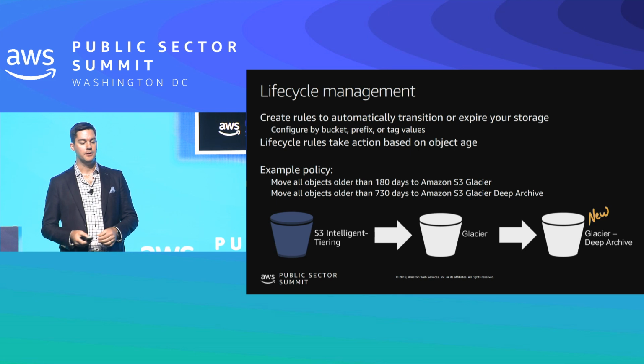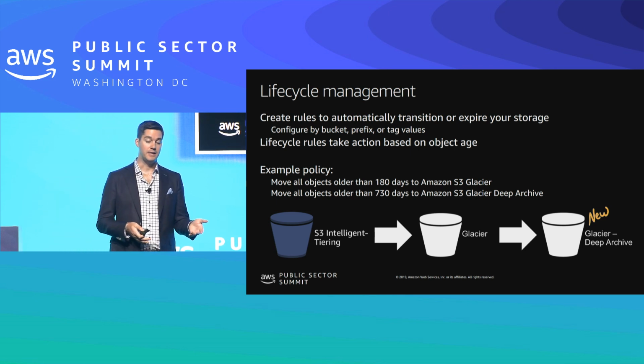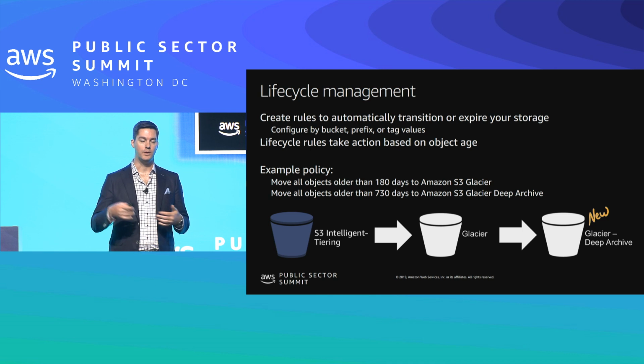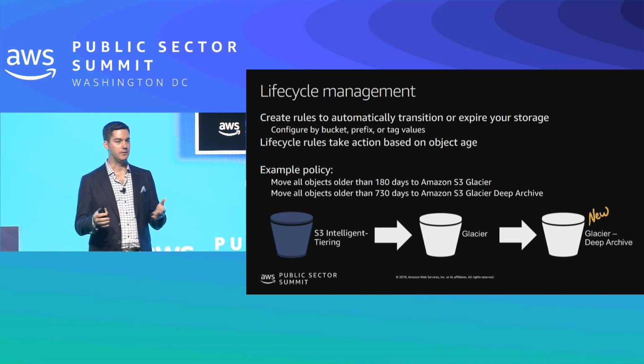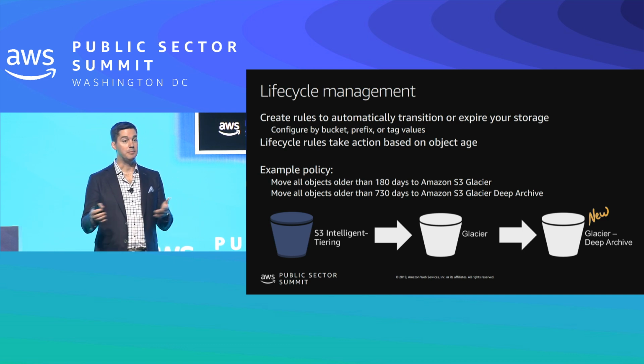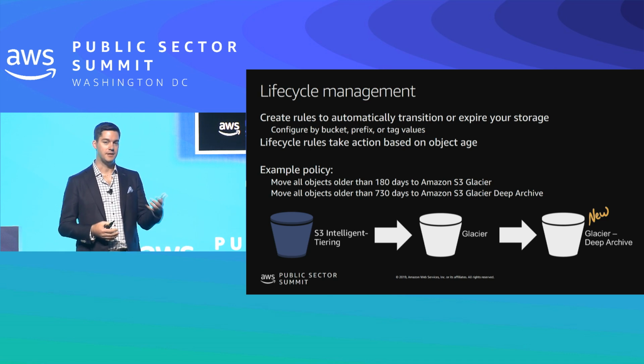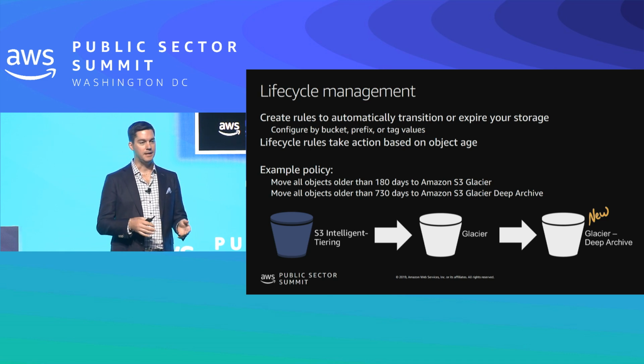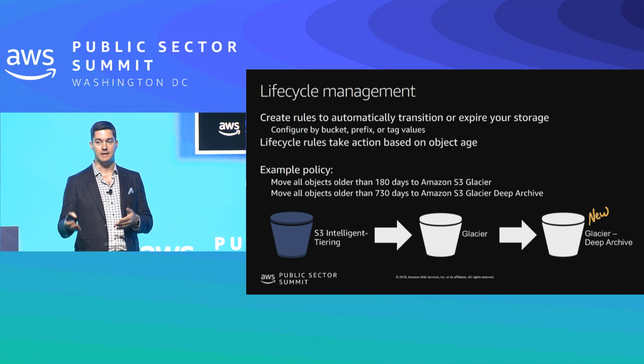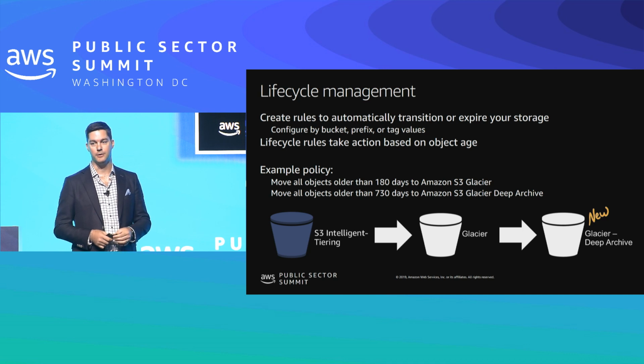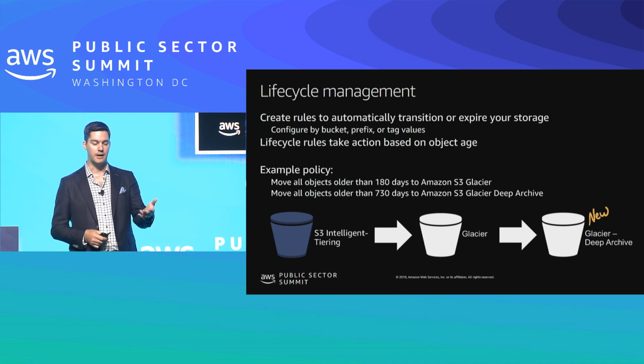Another lifecycle example here, you could, for example, stage some data in Glacier and move it to Deep Archive once it's past the tier where same-day access is perhaps not as important. In this example, intelligent tiering is a great solution to give you the ability to save in the early days and not have to think about that manual configuration. But then in this example, you could put some data into Glacier, know that you could do an expedited retrieval if there was some emergent need for that data, and have it back within minutes. You could get it the same day in 3 to 5 hours, and move to Deep Archive, in this case